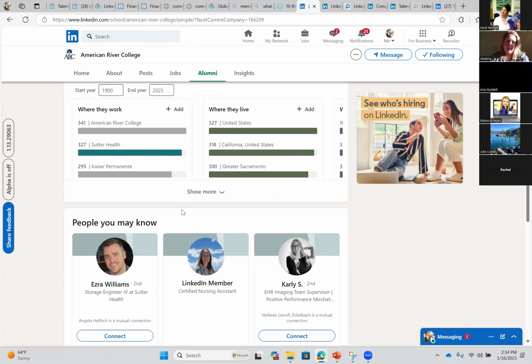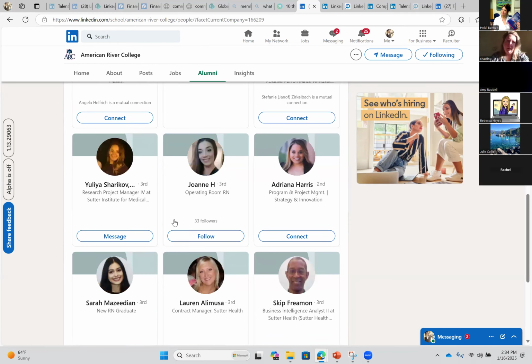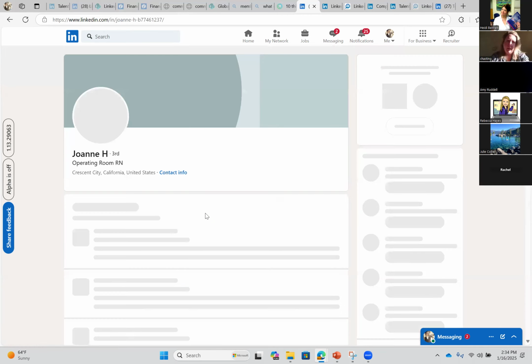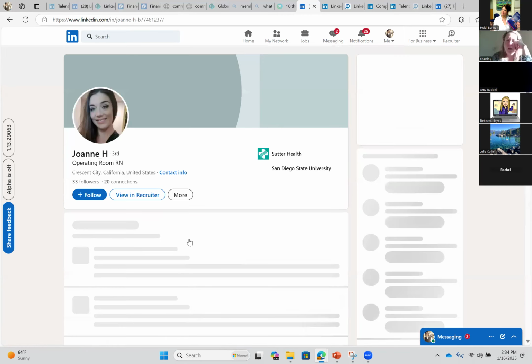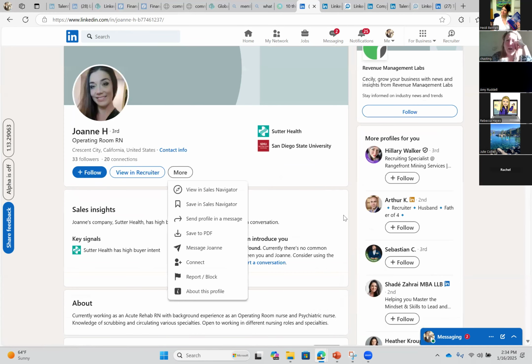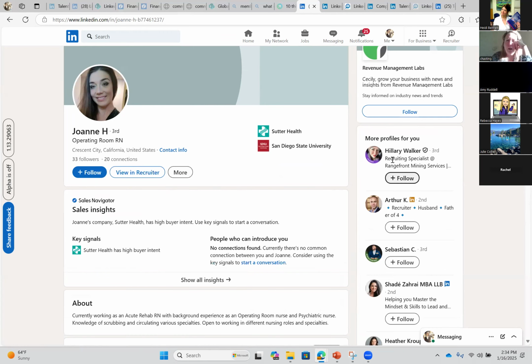And they're able to then build connections from there, or they can also reach out and send messages. Like I said, even if they don't have a connection, they can also just go in and send message requests. So you can say message Joanne, and they're going to be able to send messages to empower their job search